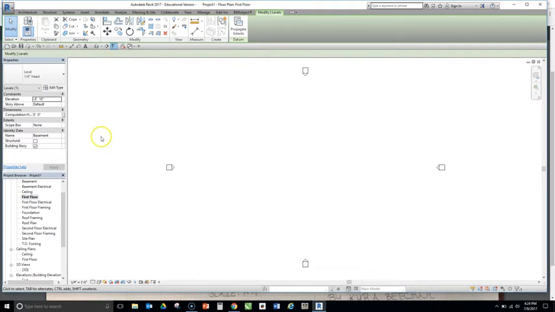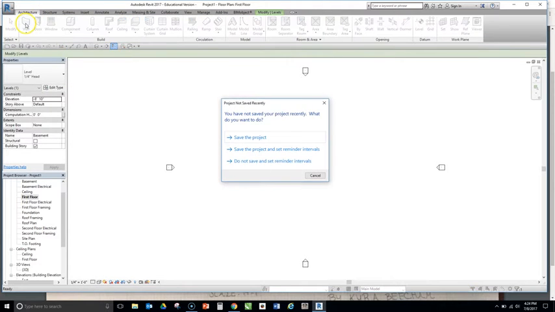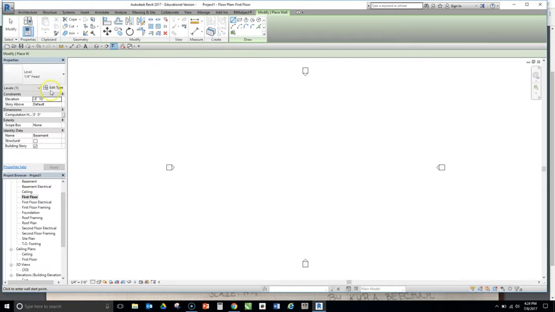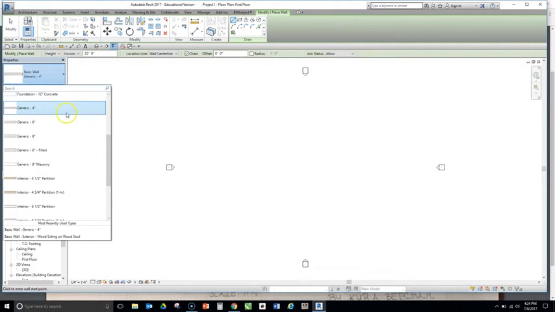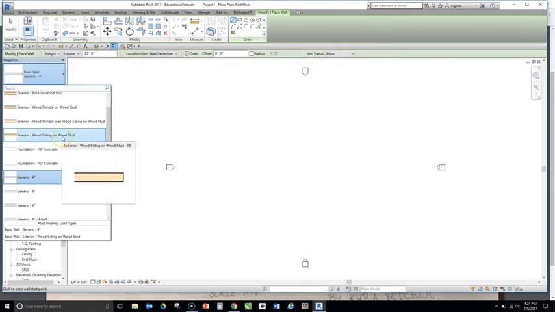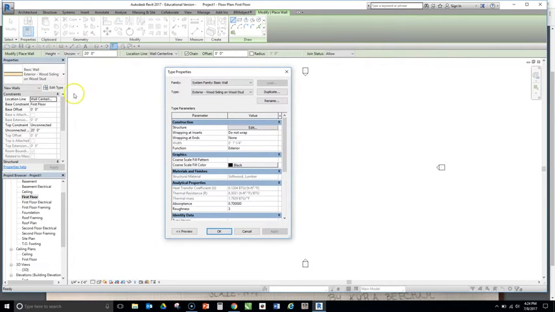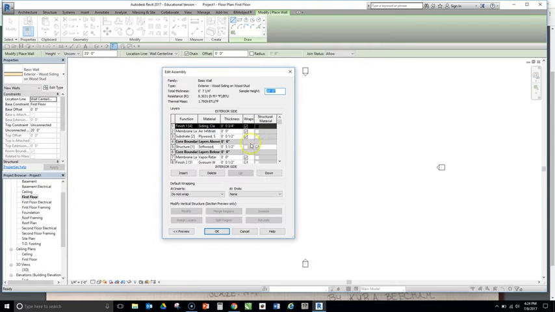So back in the floor plan, we're going to choose our wall type first. We'll go to the Architecture tab, click Wall, and I'm going to choose an exterior wall, wood siding on wood stud. And if we look at the layers of the wall, hit Edit Type, Edit, look at the different layers of the wall here,